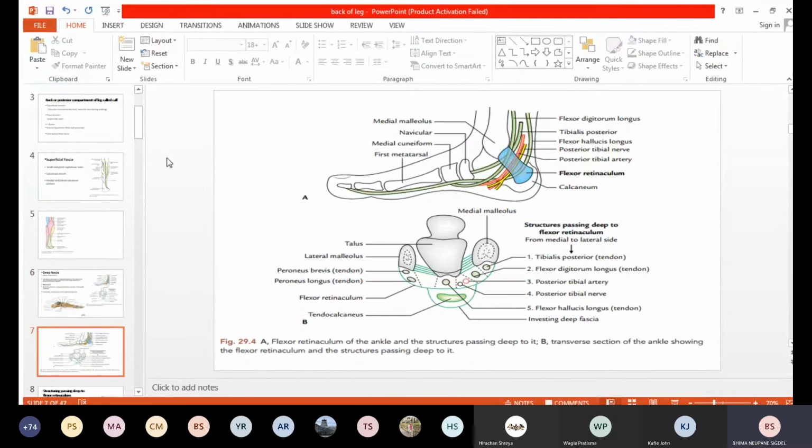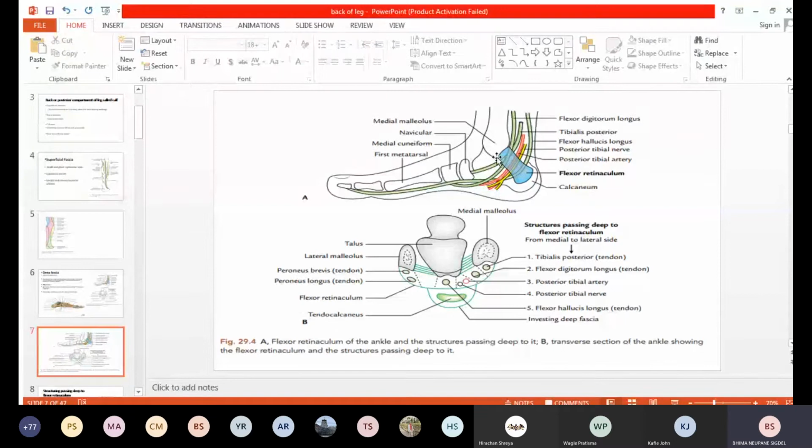Now same thing here, you can see the structures passing. So now you have to remember this is the retinaculum, and now the structures passing beneath the retinaculum. So see here, if you see, this retinaculum is there, just behind or below the retinaculum, you can see the structures passing. So beneath the retinaculum, what structures can you see? Now you can make a formula also: Tom, Dick, and Harry. Like previously in the extensor retinaculum also, I think you have made a formula. So if it is easy for you, you can make any formula. Here now I'm telling Tom, Dick, and Harry. So if you see here, you have to test now.